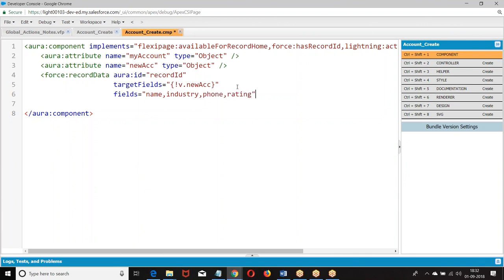Now, if I want to use the properties, we have one more concept. What is that? Instead of giving all this, I want to create a form. What is the concept we have? Record edit form, record view form. There automatically properties will be applied. Or else what are we supposed to do? Input field. I was supposed to go with the input field. Generally, that input field is coming on record view data, record edit data.